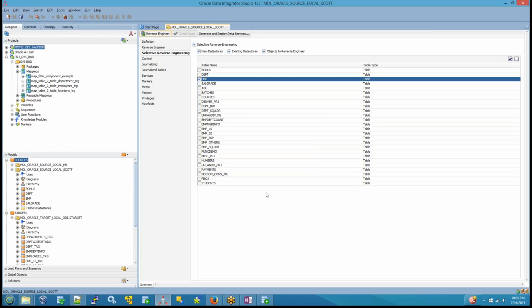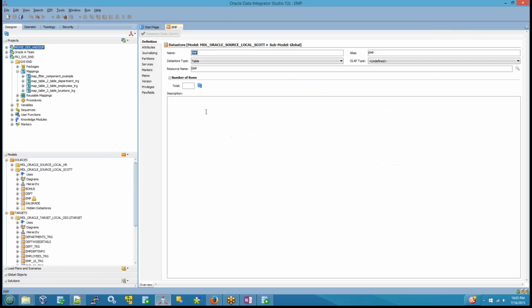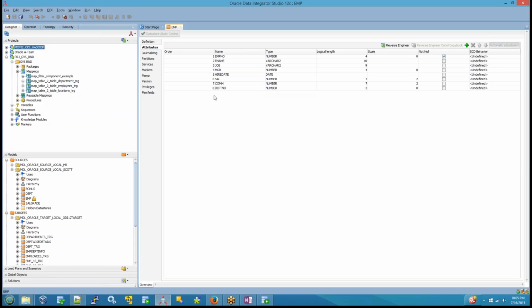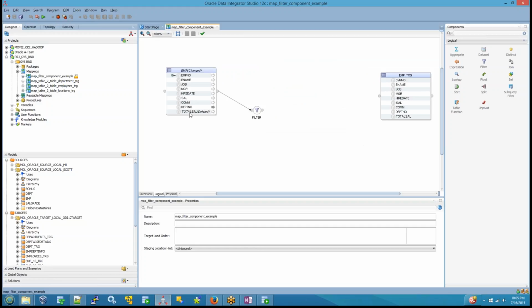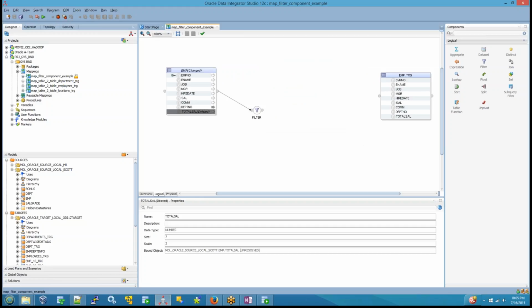So the EMP table only I modified. Alter table. Okay, so now go to the employee table. Yes, see here, the total salary is removed. Okay, so now go to the filter component example. Here the total salary is deleted. Now here if you see here,